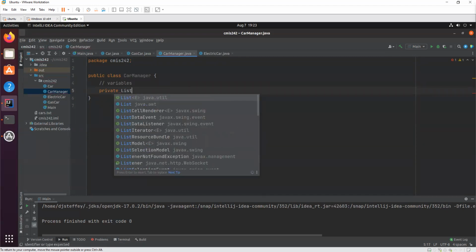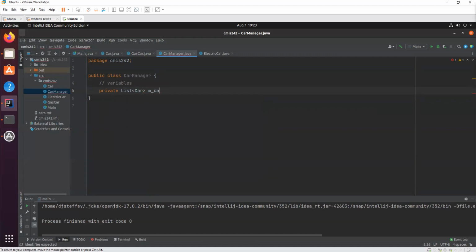So we want to have a list of cars, just like this. We should all know what private means so far. But list means just like it sounds, it's going to be a list of cars. It's not a car itself, but it is a list of all the cars that we have.